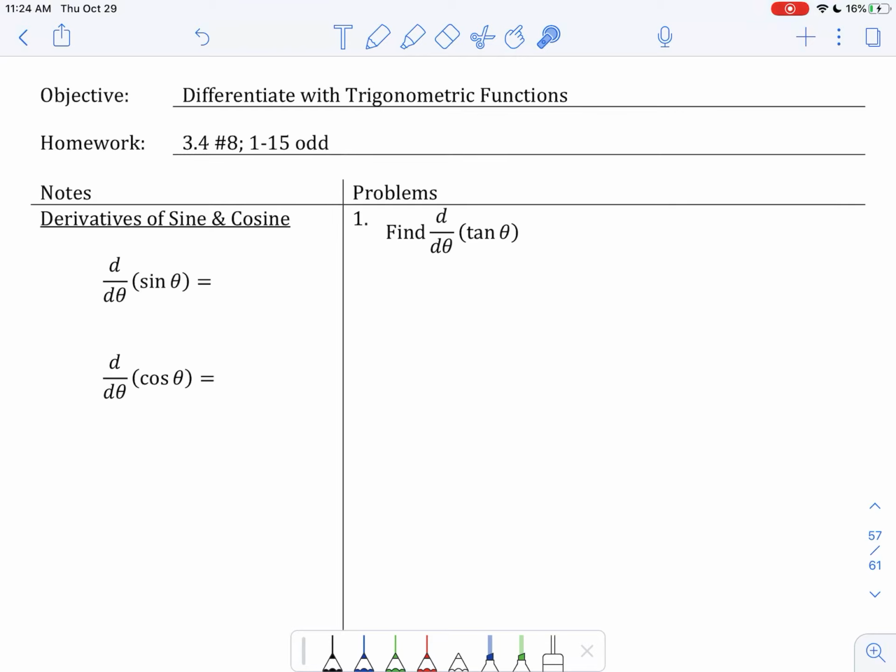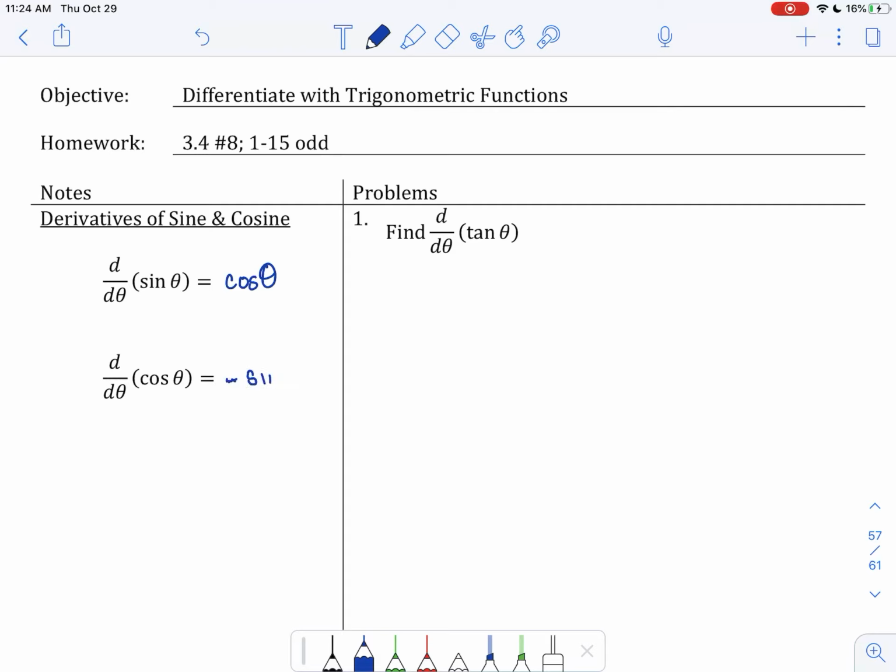So one of the nice things is that trig functions are always going to give you back a trig function. And we could show the work with limits. If you're interested in proving why these are true, I really encourage you to look in the textbook for where a lot of these rules are coming from. But what's really easy is that the derivative of sine is cosine, so they just change, and the derivative of